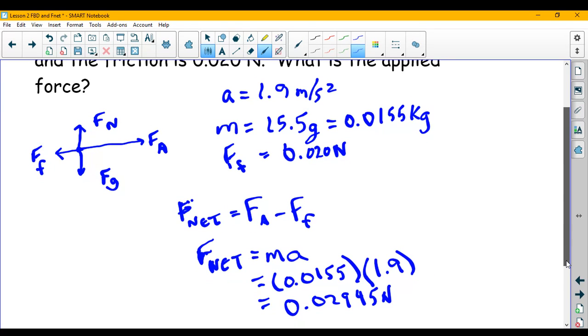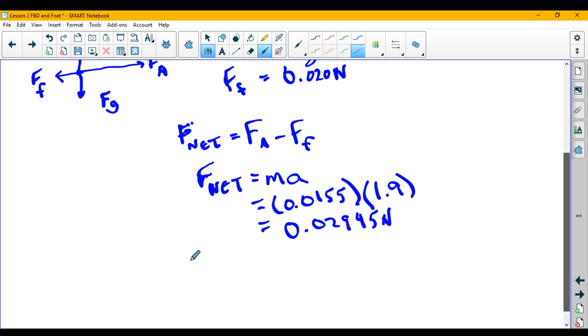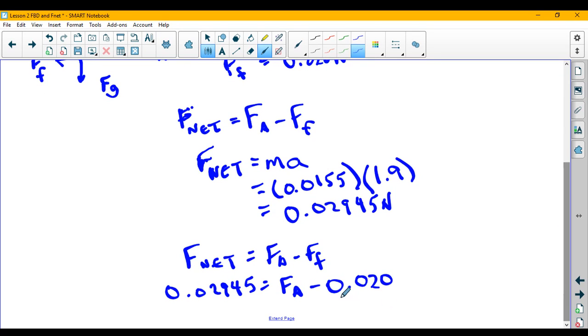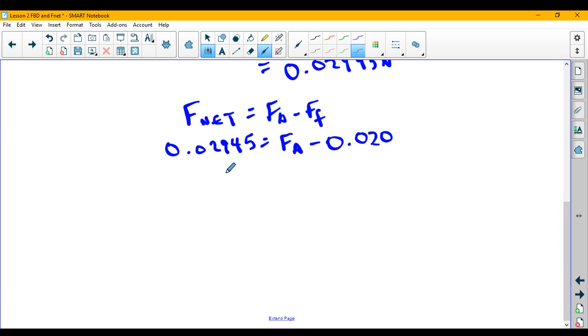Last step, I'm going to go back to that net force statement I made before. I know my net force is going to be my applied minus my friction. So I can fill in 2 of these forces now. I now know this is 0.02945. I don't know my applied force. That's what I'm working on. That's what I'm trying to find. And I know my friction force. It's 0.020 given in the question. Now, when this goes to the other side, you'll notice it will become positive and my numbers will get bigger. So I will end up with